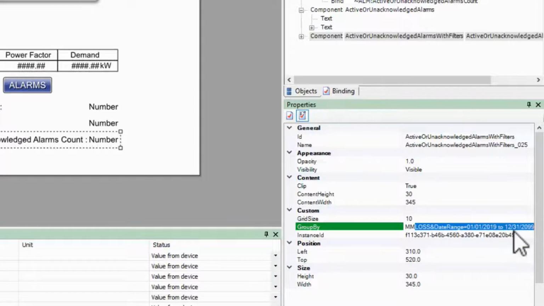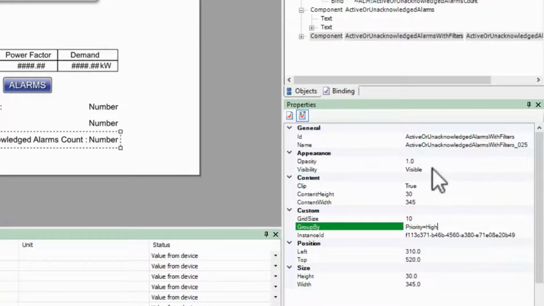Finally, I can view alarms for only a certain date. Generally, I'll use these to only indicate high priority alarms, so let's do that. I'll remove everything except priority and change the text to high.